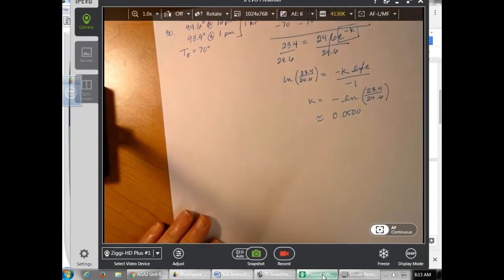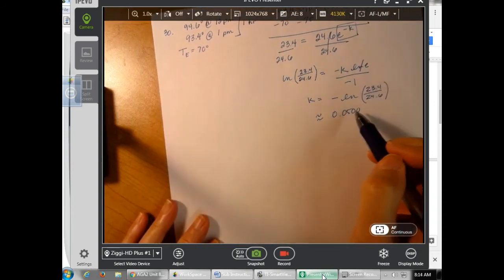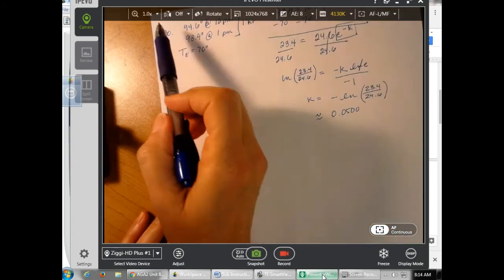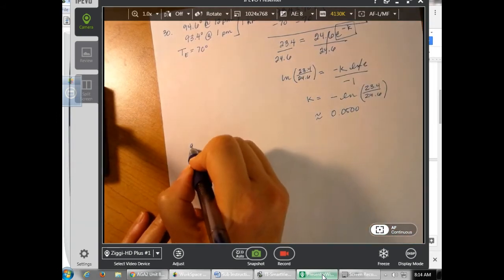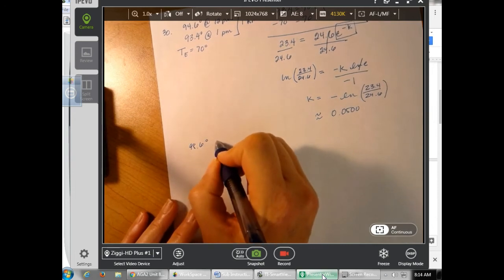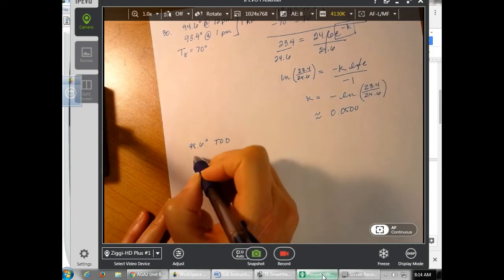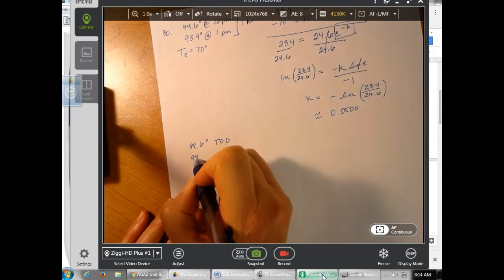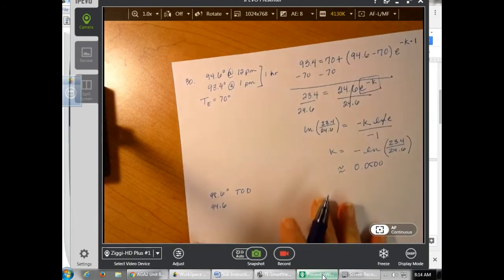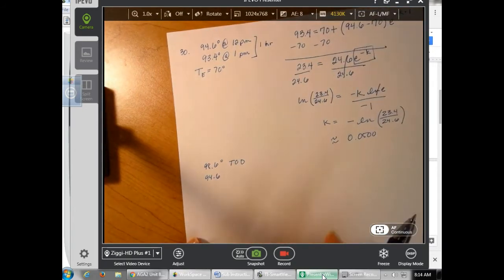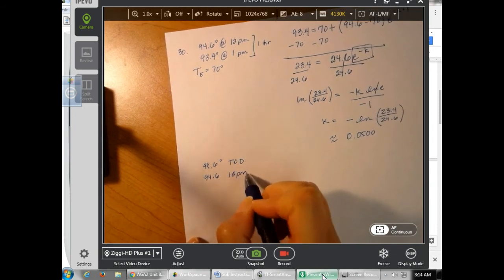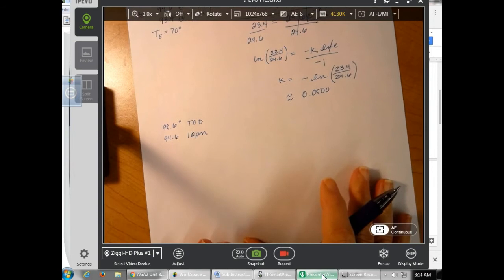Going back to the equation, now that we know k, we're now dropping from 98.6 degrees at the time of death, and then that's going to drop down to 94.6, when the temperature was initially measured. Okay, so I know this happened at 12 p.m. All right, so putting all this into place,